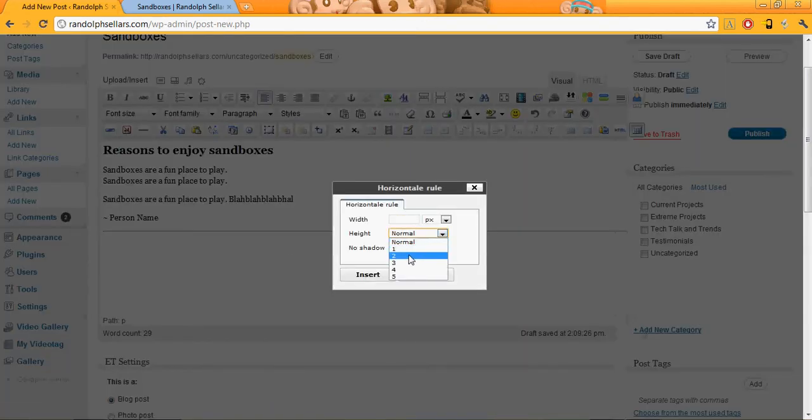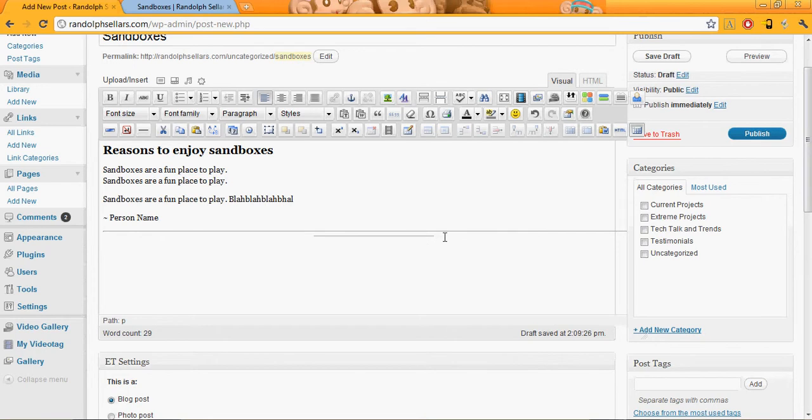You can decide how many pixels tall you want the rule to be. You can decide if you want there to be a shadow on it or not. That's going to make it more defined if there is a shadow. And then if you have this checked, there's not going to be a shadow. And then you can also say whether you want it to just be maybe 200 pixels wide, as opposed to the full width of your post, which is what this button does, the default horizontal rule. Then you insert it, and this is going to automatically center into your page